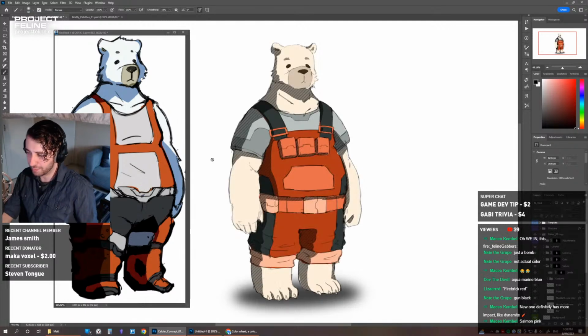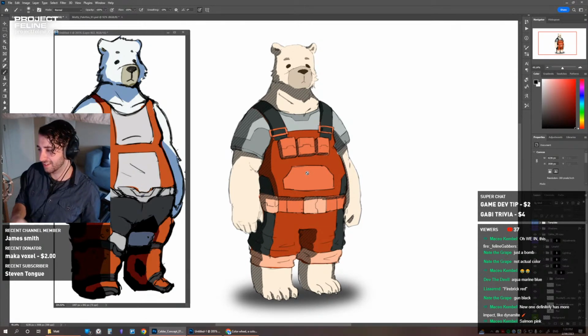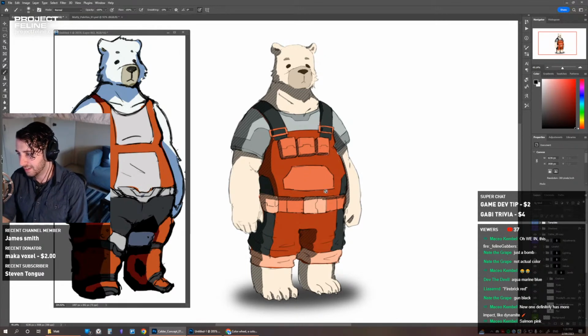And also, his proportions are just better in the new drawing, because this first one was literally done from a sketch in like 10 minutes. The second one I actually put some time into, and you can see that his torso is better proportioned. His arms are a little better. It's the same pose, but I've put more thought into his shape. So salmon pink fur. We'll give that a shot. Why not?